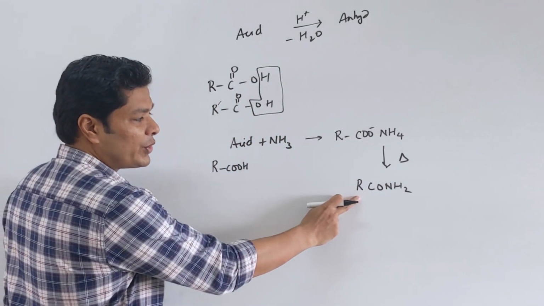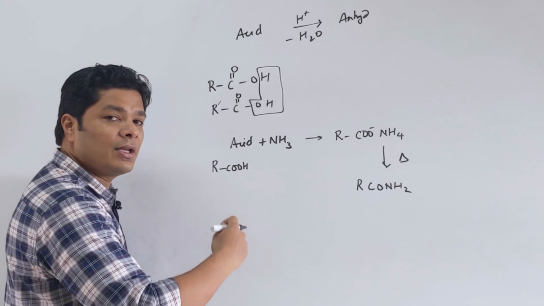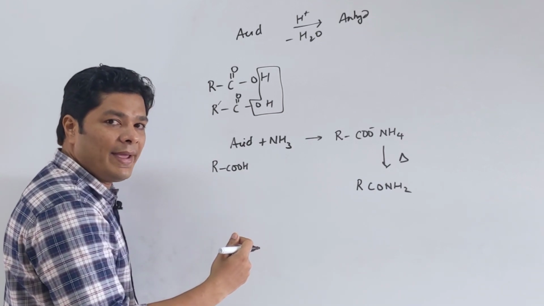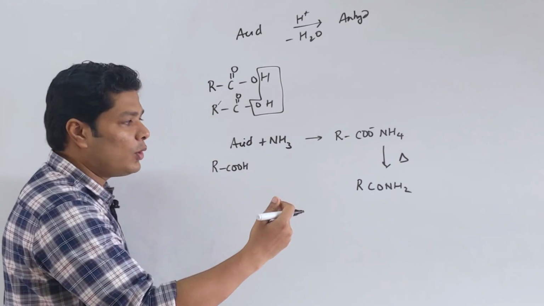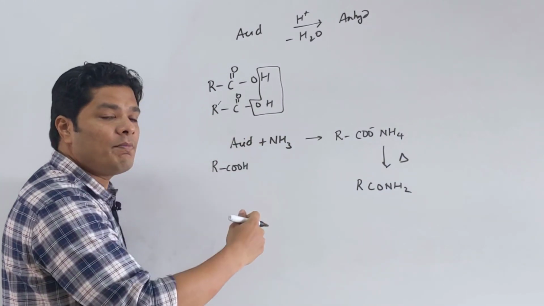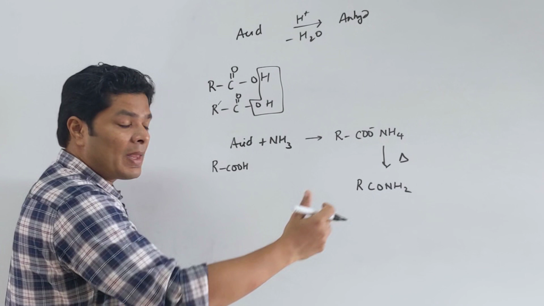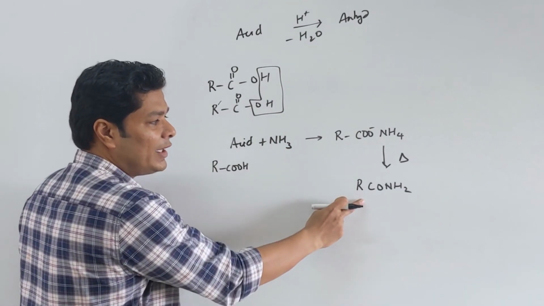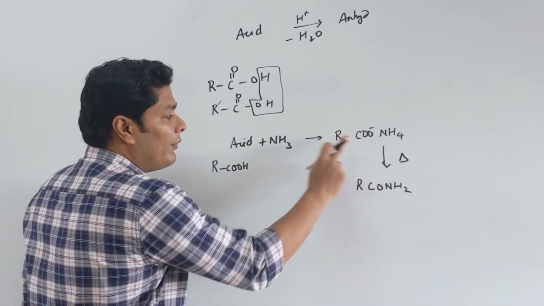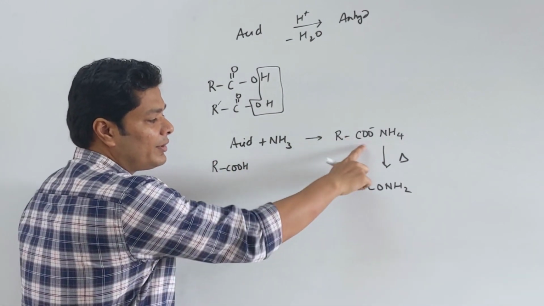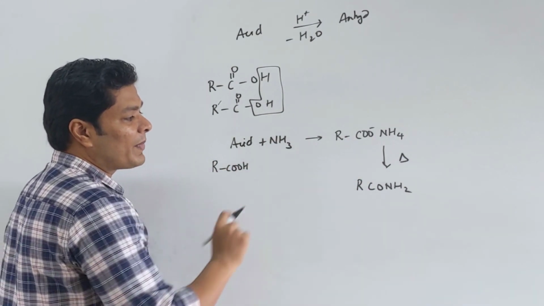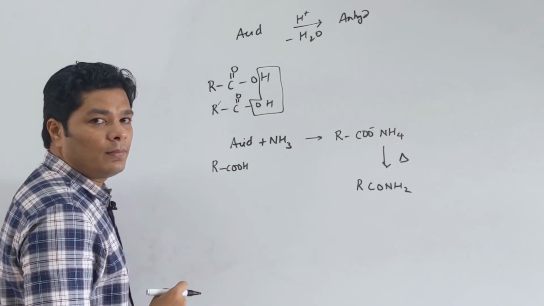This does not give you it straight away. This is important because sometimes the reaction has come in JEE. A gives you B, B gives you C. In A gives you B, people don't know. As soon as they see this, they think B is this and they don't know what is C. But actually this is B, this is C. You want to remember that with ammonia and heat, if it is given together, it's a one-step process. If not, it is a two-step process. Otherwise, this is extremely straightforward.